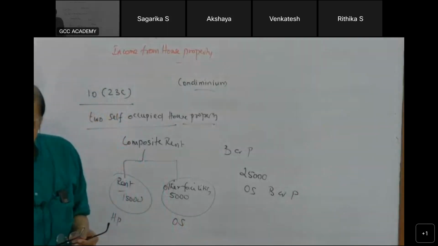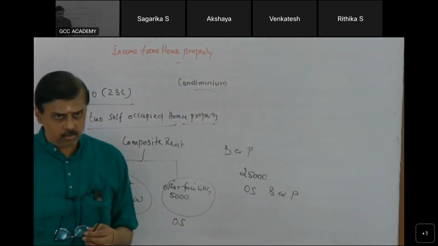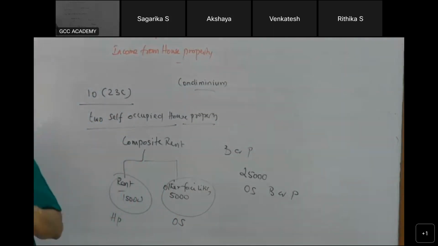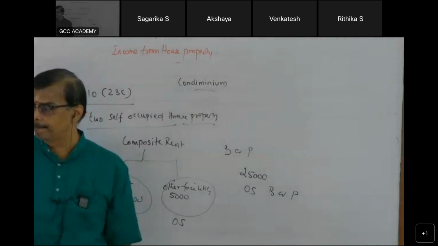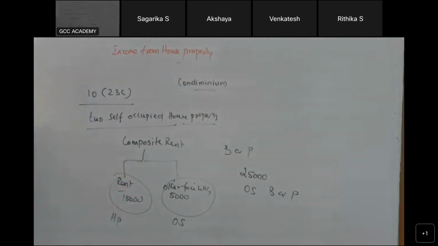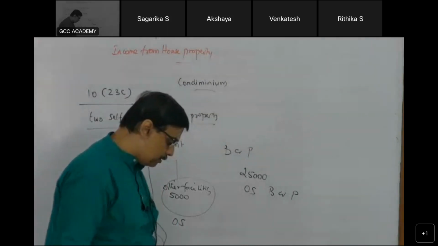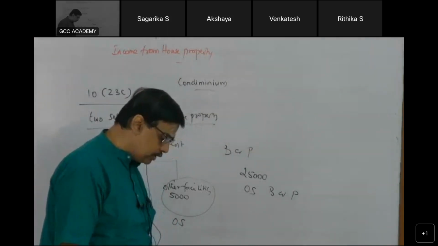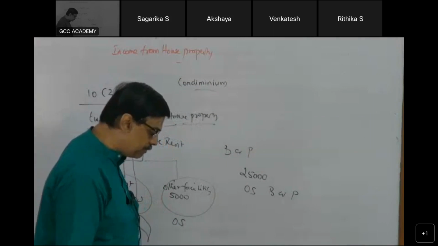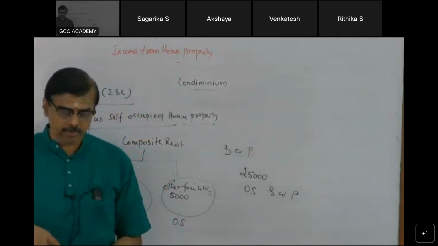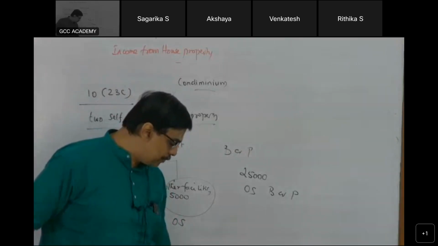That is a different story. Understood? Any other doubts at this stage? All of you clear? Online students, any doubts? No doubt. Okay, good. So I already told you what the various incomes are which are exempted from tax regarding property, and I also told you what composite rent is. Hope you're all clear regarding the concept of composite rent. Okay, next.